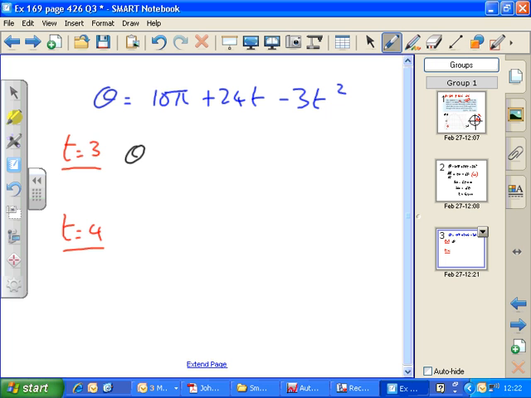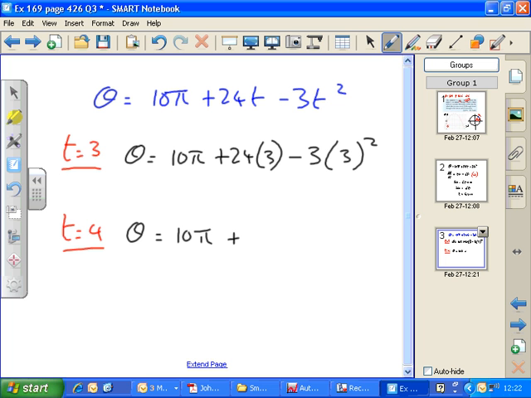So theta equals 10 pi plus 24 times 3 minus 3 times 3 squared. Theta equals 10 pi plus 24 times 4 minus 3 times 4 squared. And if you work that out, take one angle away from the other, then we should find the angle